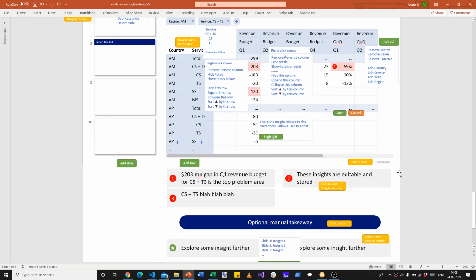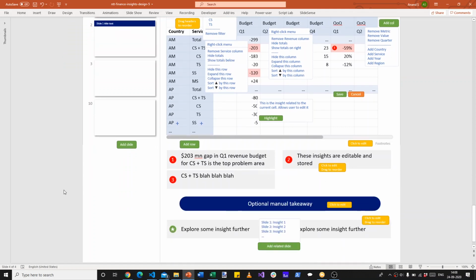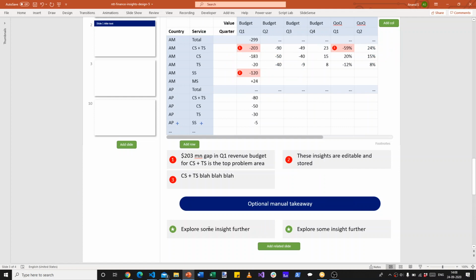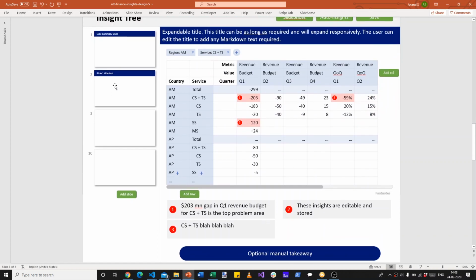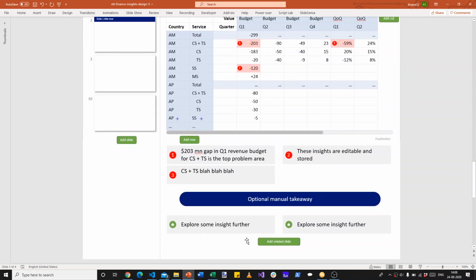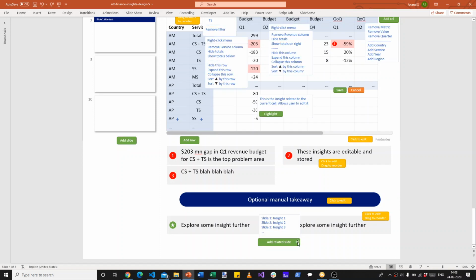There's also an option to link to other slides. So after the takeaway, you can say, I want to point people not just to the next slide, but if they want to jump somewhere, I can allow them to jump somewhere. So I can click on add related slide. What that will do is show me all of the possible slides that are there on the left hand side. So I may click on the third slide. That will add a little box here which has the same title as the third slide, which I can also edit and then say, look, if you want to see more information about just this particular region or this particular service, jump there directly instead of having to follow the flow. It's possible for them to reorder this and keep adding insights.